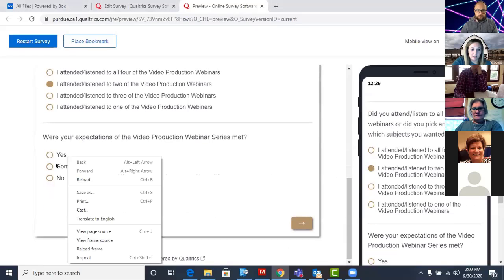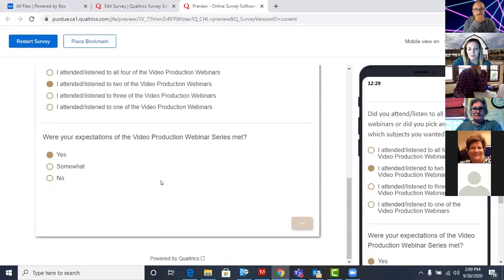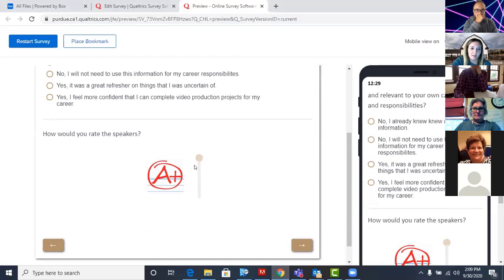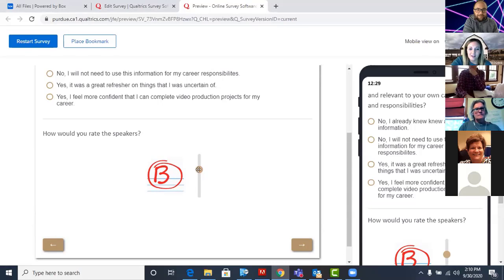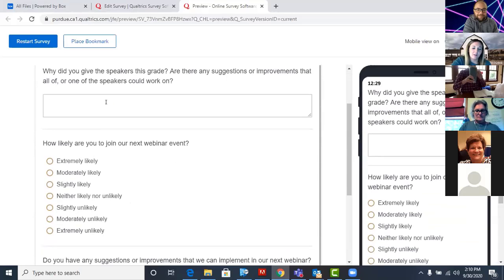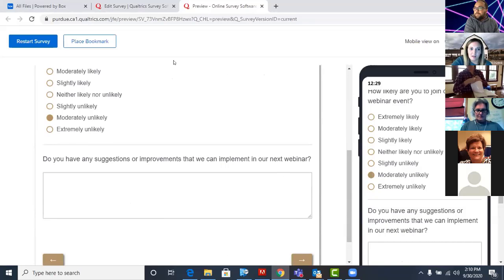I'll just go ahead and answer a few for the moment, just to give you guys a preview of what the second page looks like. So we have a spot in here too where you can grade us, slide it up and down. Yeah, not too many Fs, please. Yeah, that'd be great. And then it'll ask you why did you feel this way? Just to give us some notes that we can work on for next time. Things, pointers, whatnot, that you guys would like to see us do better on. It would all be great to hear back from you guys.